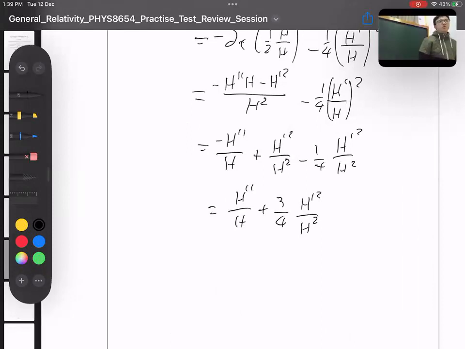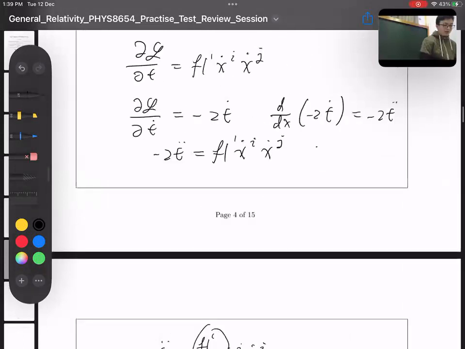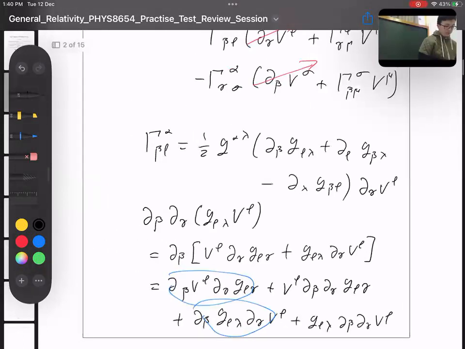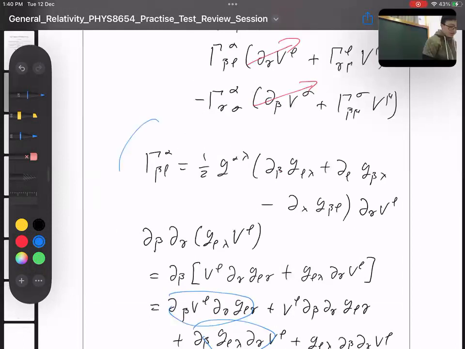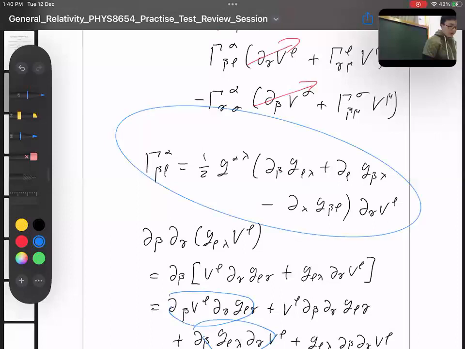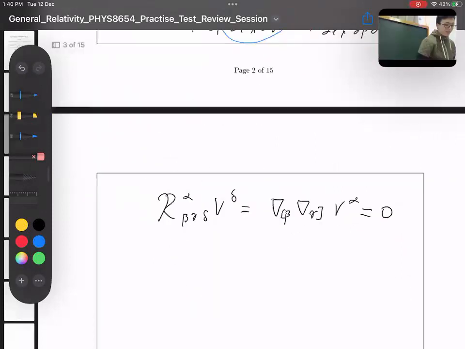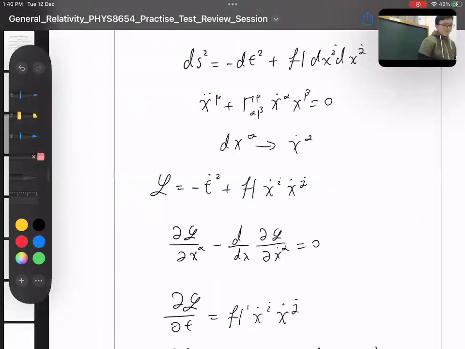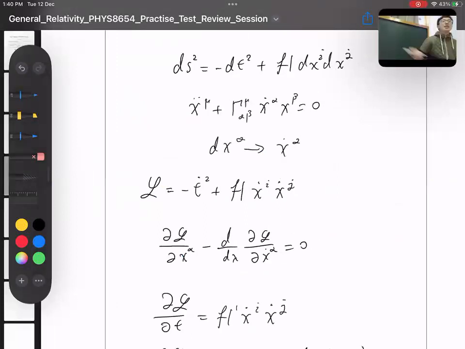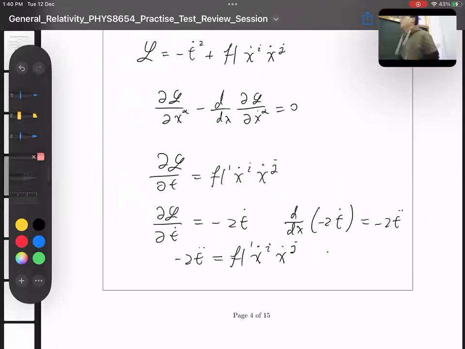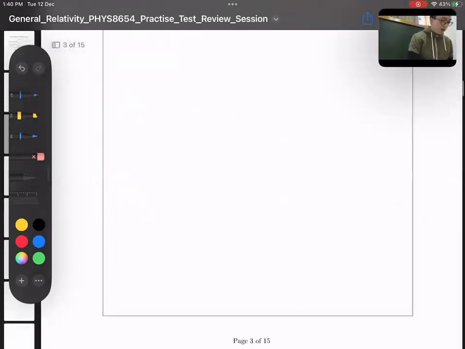And if you want to use the actual definition, I urge you not to do so, because if you think about it, you have to use this definition here many times, right? You have to change every single index every time. So it's very slow. That's my point. Maybe I'm not saying it nicely, but the way that they normally teach you to do it is extremely slow. By doing it using the Euler-Lagrange method, you get all the Christoffel symbols in one go, at least every single one. So let's say here, if you have 4 indices each, you need